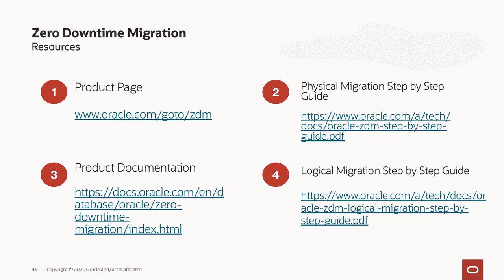Now, we have created a lot of resources regarding Zero Downtime Migration for your benefit. You can start by visiting us at our product page, www.oracle.com/goto/ZDM. There you can find the product documentation, licensing guide, user manuals, and we've also created step-by-step guides for you. We have a physical migration step-by-step guide where we migrate an on-premises database to DBCS and/or ExaCS. Then we also have a logical migration step-by-step guide that covers an in-flight upgrade, so we're migrating an 11.2.0.4 database from on-premises to DBCS or ExaCS, and we tell you how that works in a step-by-step fashion. So please visit us at